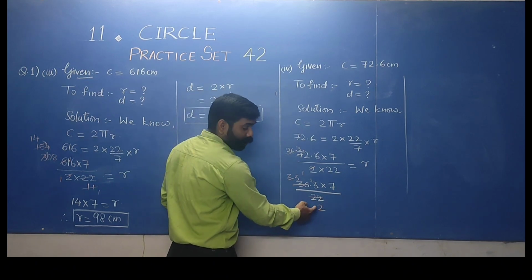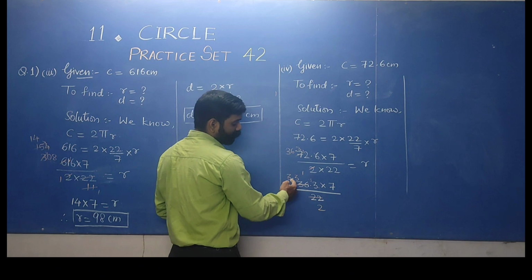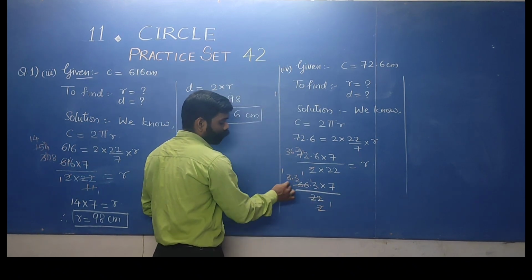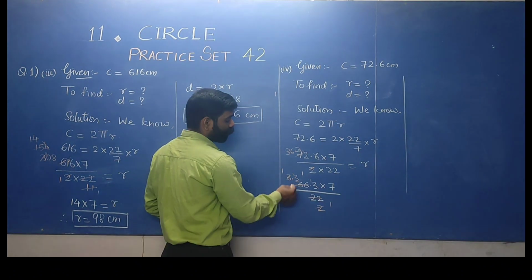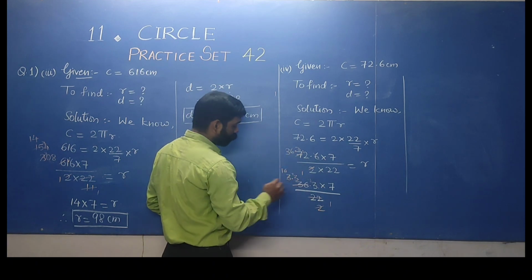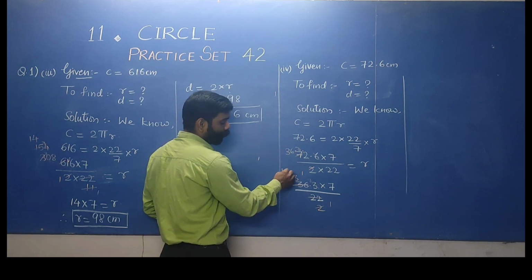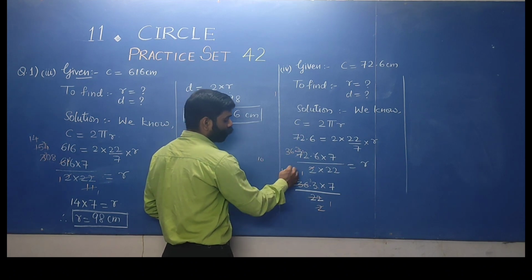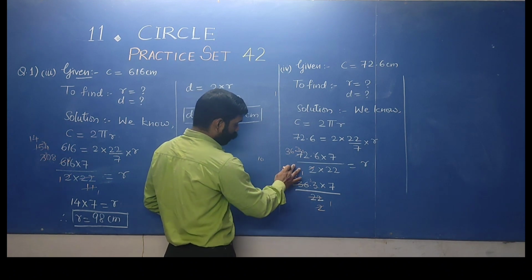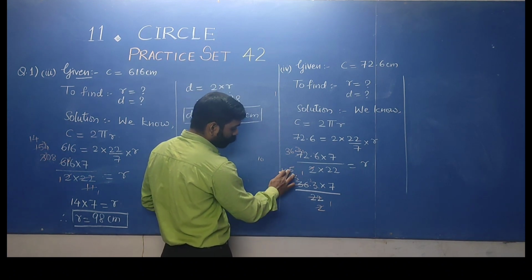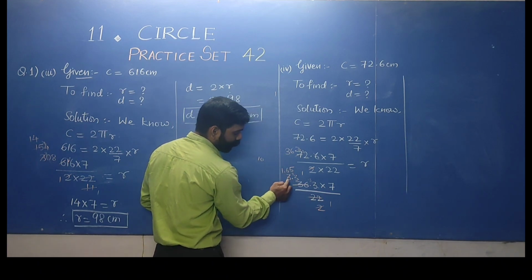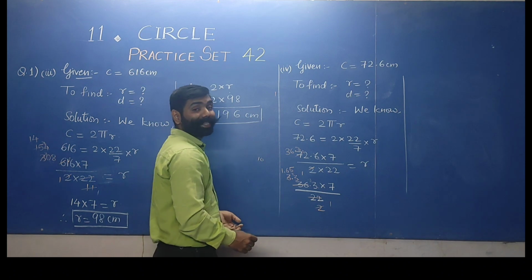Again 2 is remaining, we have to cancel this term by 2, so 2 ones are 2, 2 ones are 2, 1 is carry forward, 13, 2 6s are 12, 1 is remaining, decimal point, 0 will be added, 2 5s are 10. Okay students, sorry, I made one mistake, the decimal point should not be here, it should be after 1 because we are getting 2 ones are 2, so 1.65.